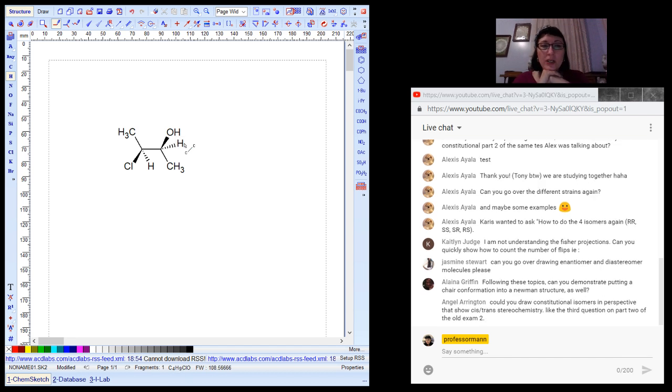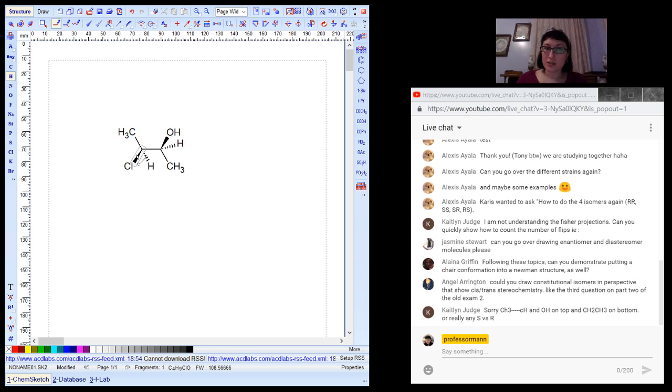So if I give you a molecule and say draw the 4 isomers, draw one of them and then draw the others. So figure out what this one is. Look at that stereocenter and label it. Look at that stereocenter and then label that one. To do the enantiomer, it's easiest just to draw the mirror image, right? So if I am wanting to do my mirror image, I would need, let's see, oh, I need carbons.